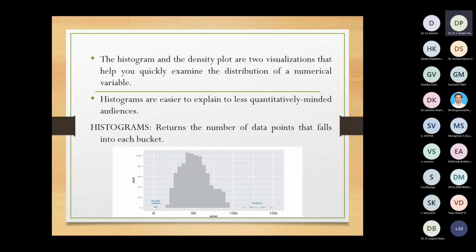And the first one is the histogram. Here you see the histogram and the density plot, two visualizations that will be helpful to examine the distribution of a numerical variable. Suppose you want to return the number of data points that fall into each bucket, right? Again, you come to the customer data. Assume